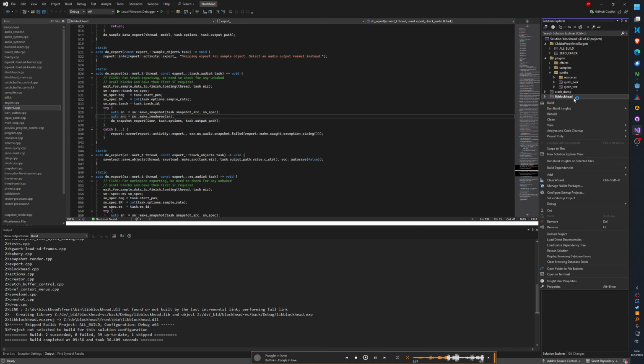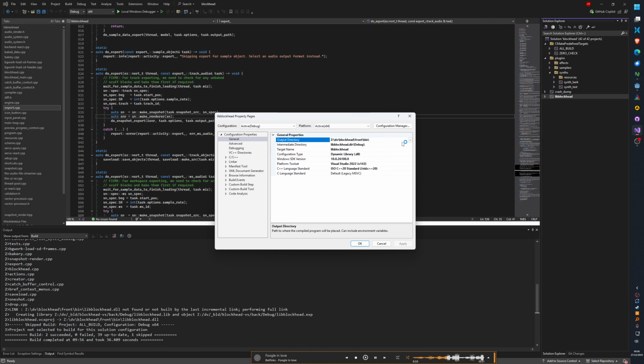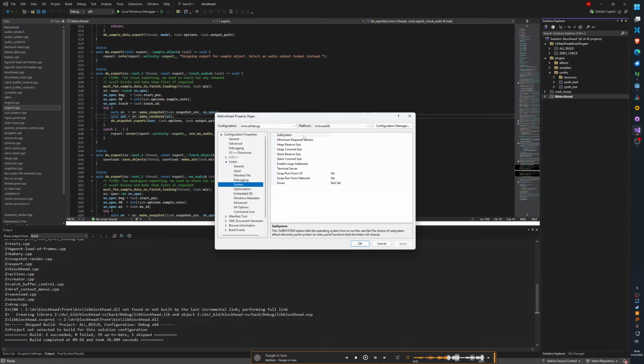Oh yeah, something I've been meaning to do for a million years is add this option, subsystem console.